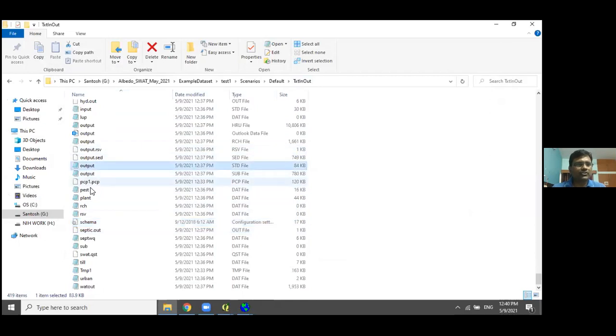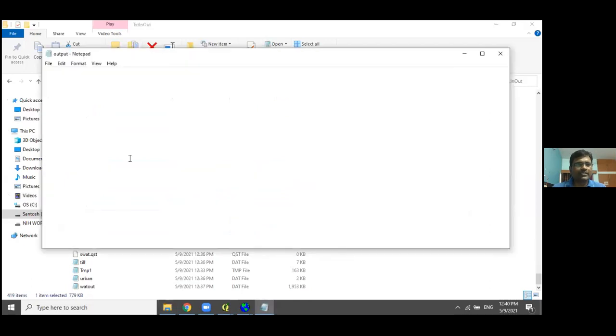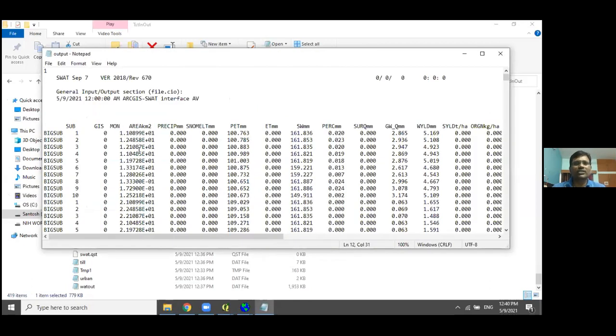So this is the output.sub file. These are all Notepad files. You can see all the water balance components of the watershed. It is visible here: potential evapotranspiration, surface runoff, groundwater recharge, shallow groundwater recharge. So everything you can find here.